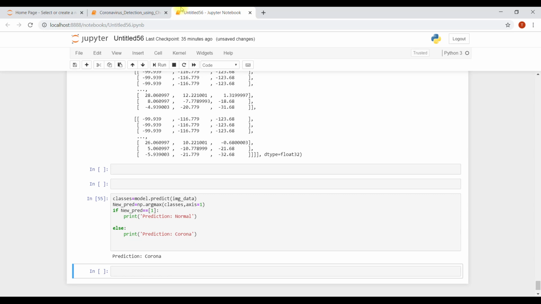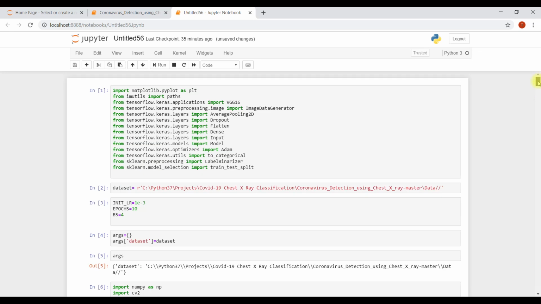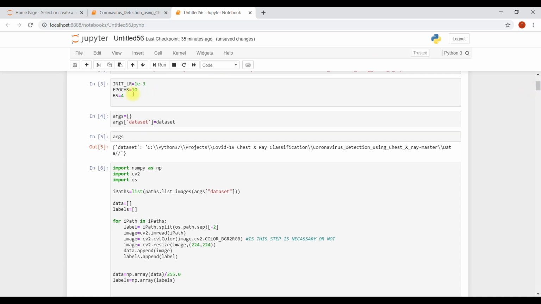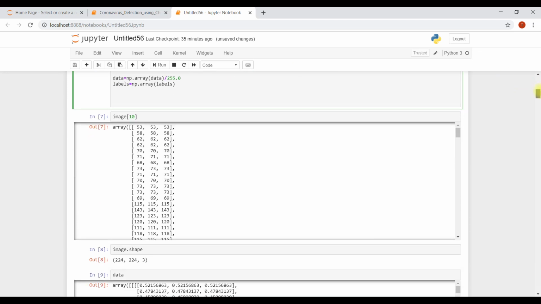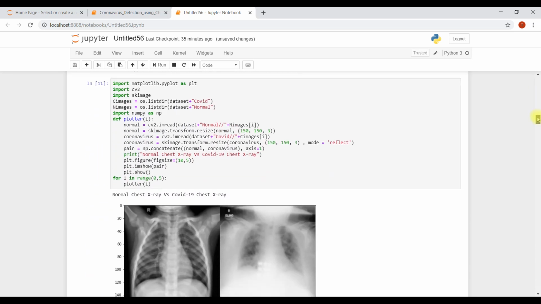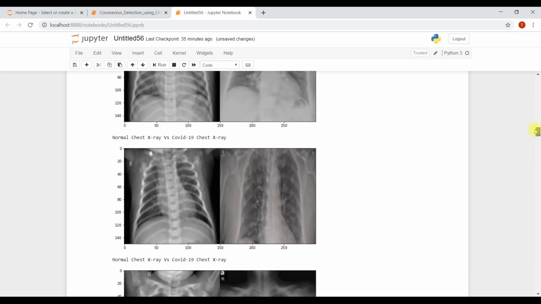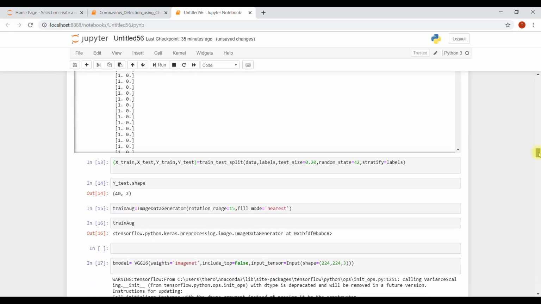I hope I taught you something good enough, and let's sum this up. You're going to import the libraries, import the dataset, initialize the learning rate, epochs, and batch size, and you're going to have the data and labels. You can even plot them in a pair, and you need a label binarizer to binarize them.